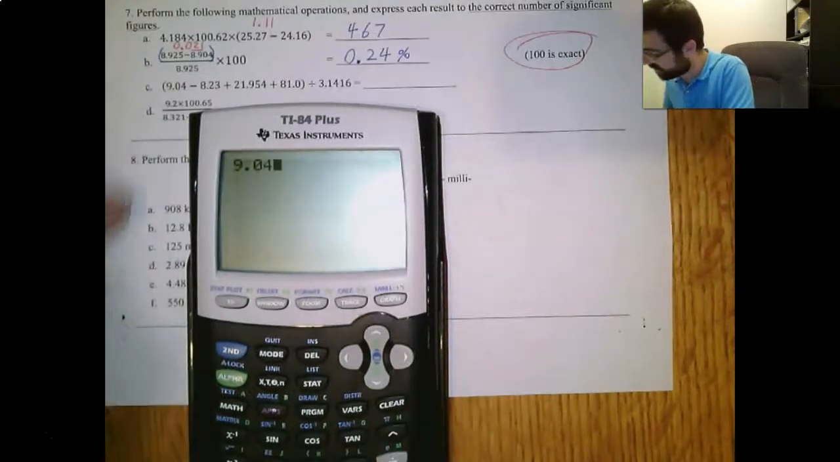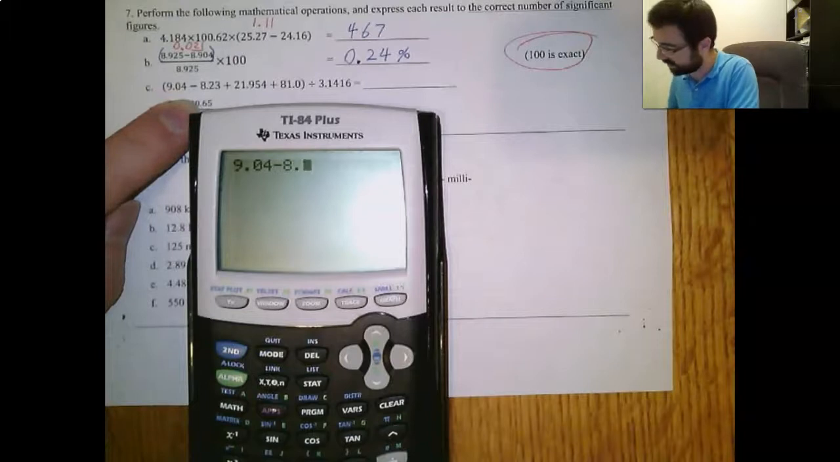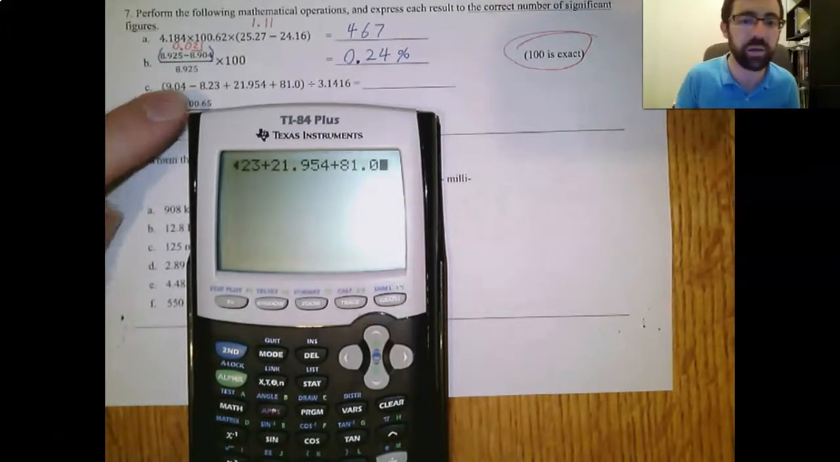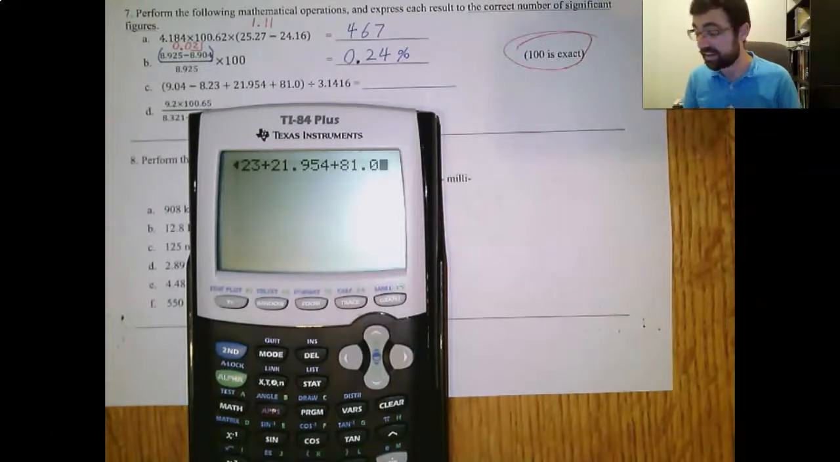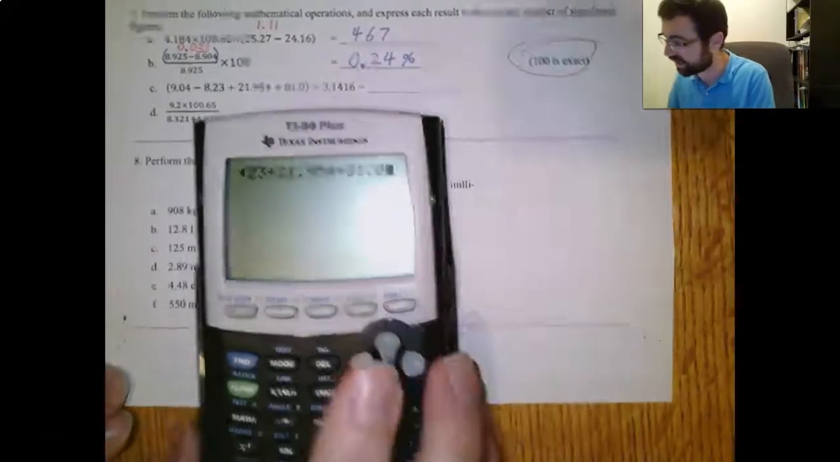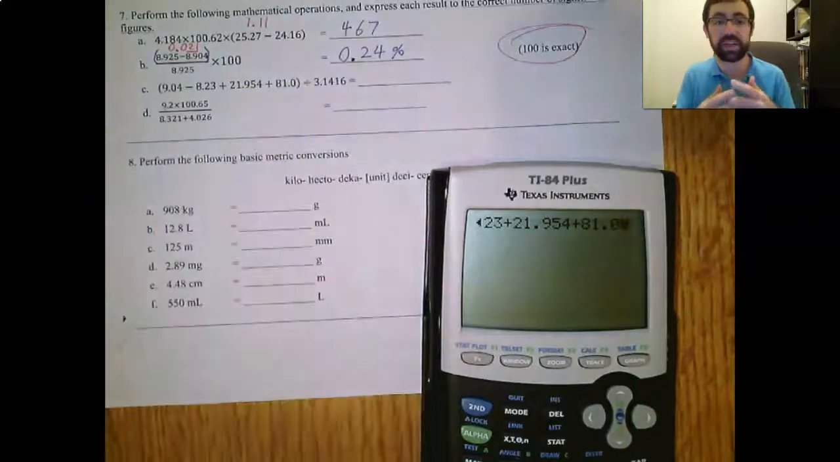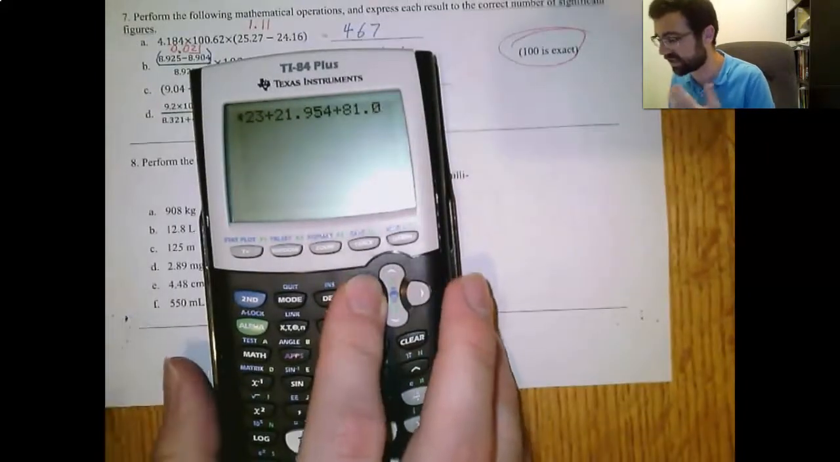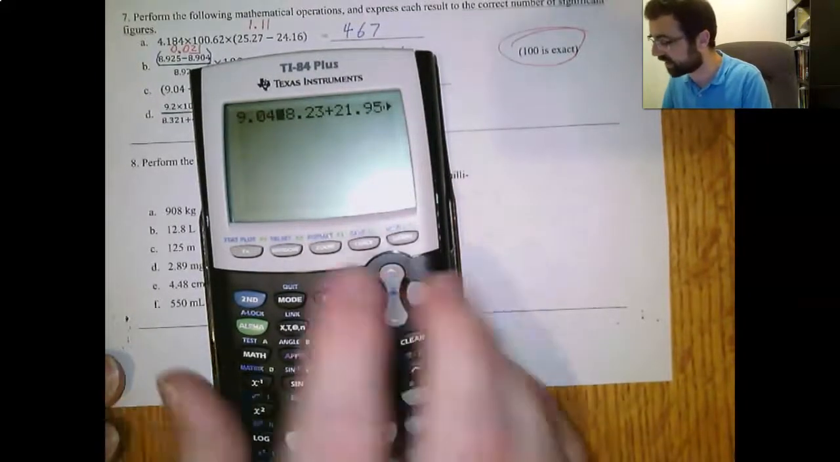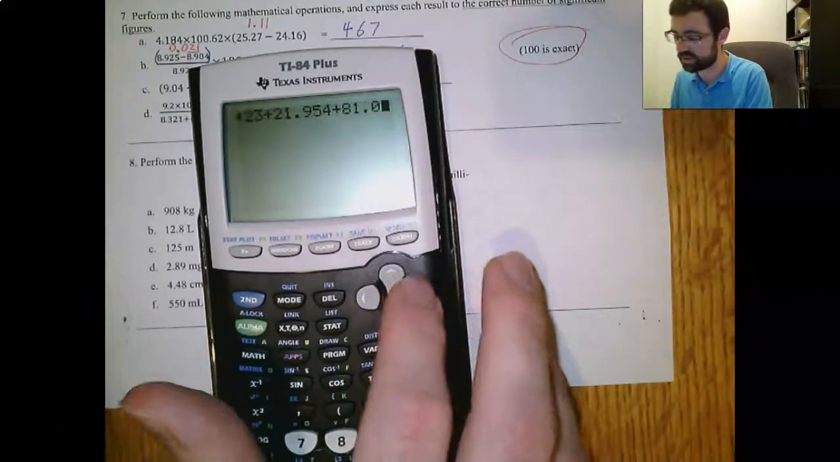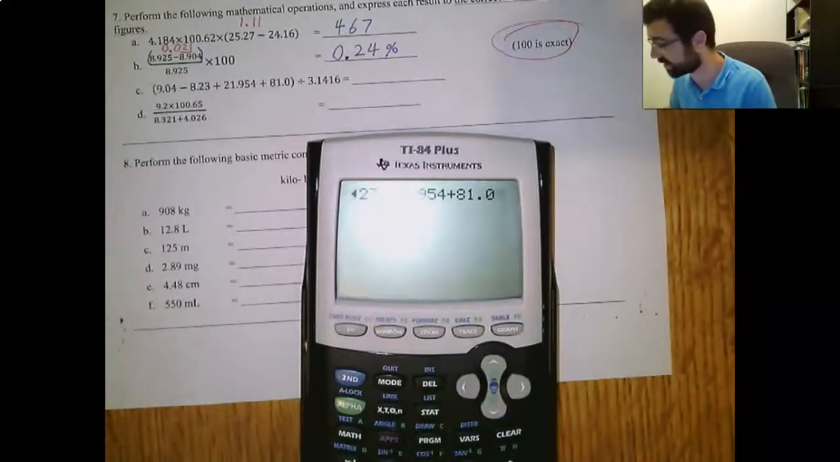9.04 minus 8.23 plus 21.954 plus 81.0. I was doing this problem with some students the other day, and I fell into a trap that I know some people do. When you see a bunch of plus signs, you just forget to check each individual one, and it's really easy to mess it up if you're not paying attention to the signs, if you just get in a hurry. So make sure that's a minus sign, this is a plus sign, and that's a plus sign. I see students do that all the time, so just watch out for it. I did it just yesterday. So, okay,